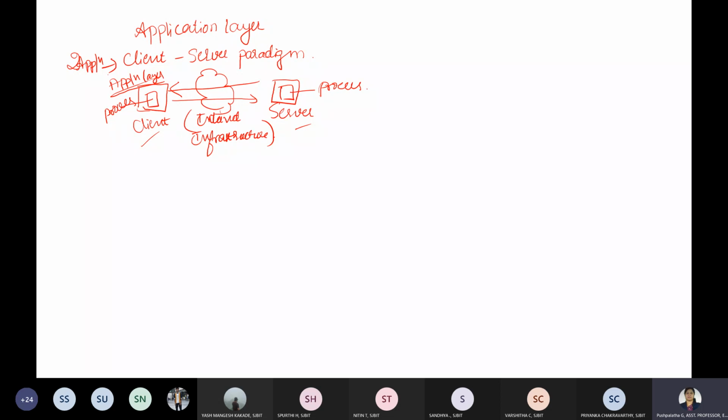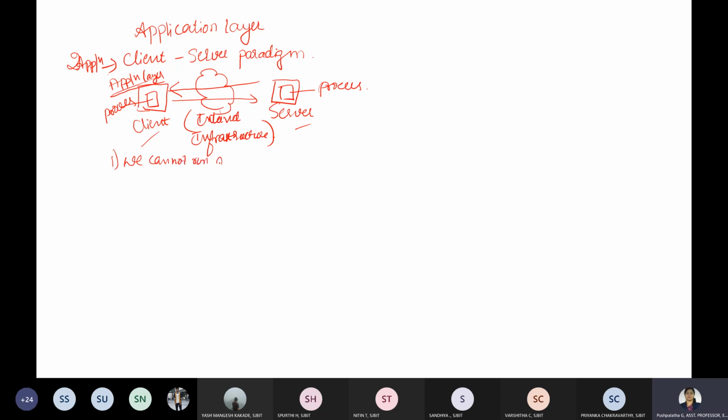When we talk about the client server paradigm, it is between two applications, and the role of each program is definitely different. In other words, we cannot run a client program as a server program.